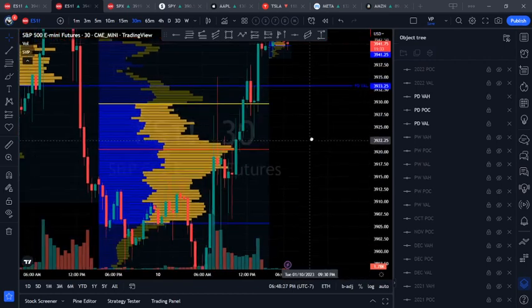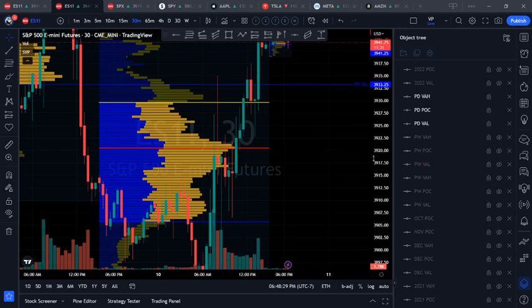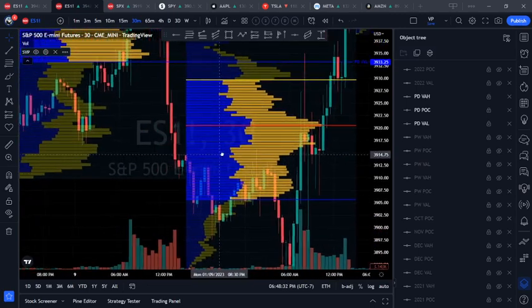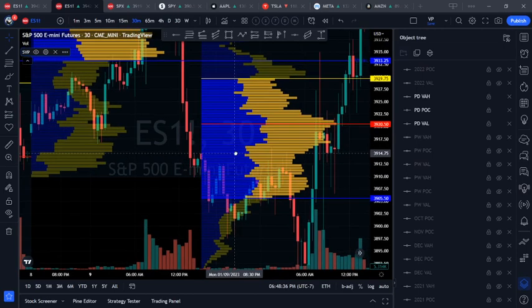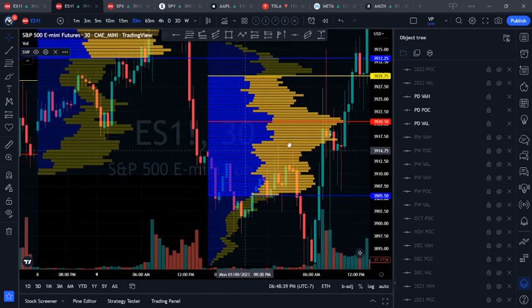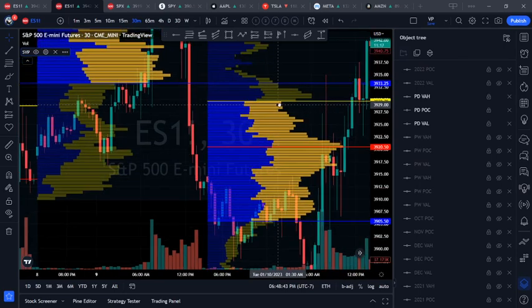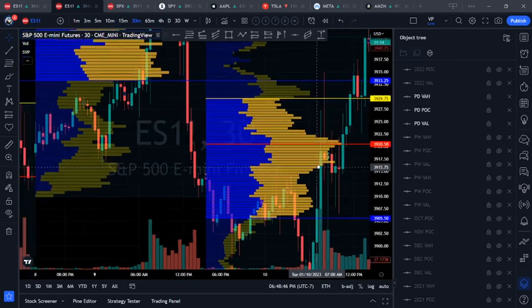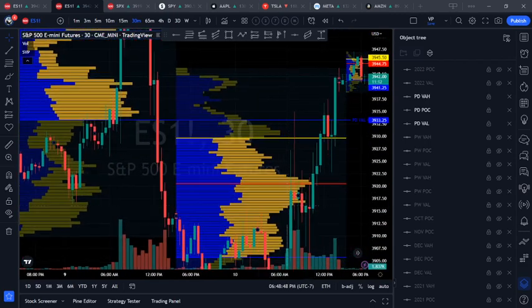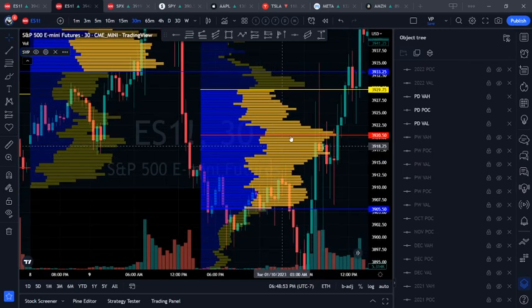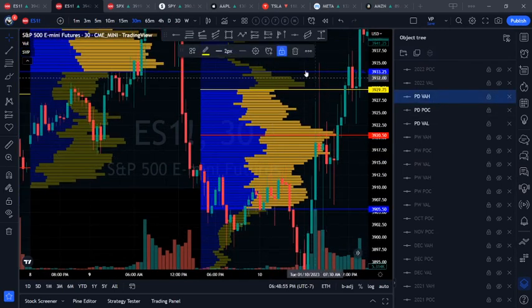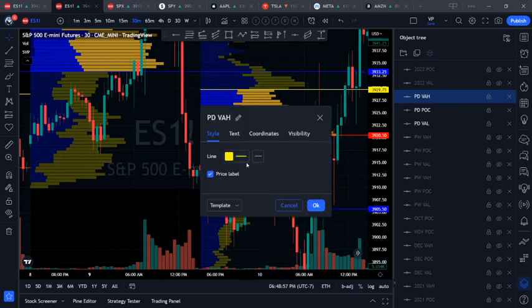To avoid that, or to change it so that these lines are actually marked over here, you've got to bring the chart all the way over, and once that line touches the price line, they pop up right here perfectly. So you can see each line, each mark without a problem. Otherwise, you'll get the most recent data. So we bring it back over here, grab our previous day value area high,